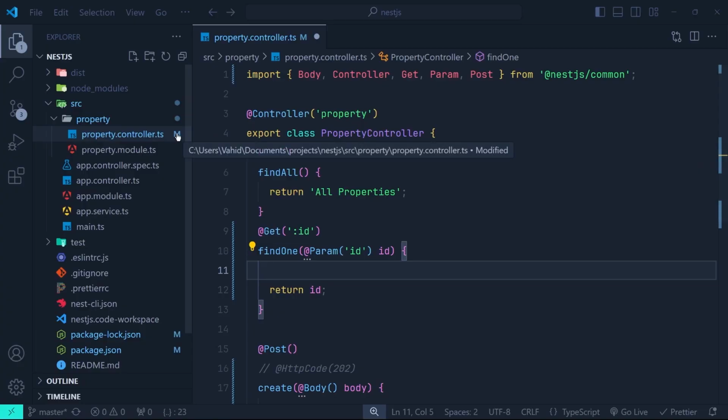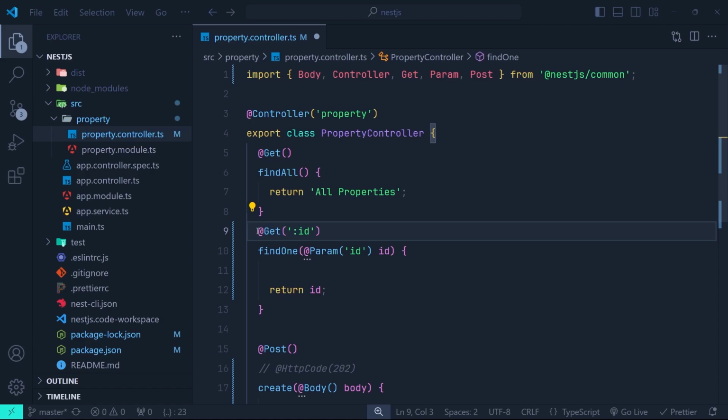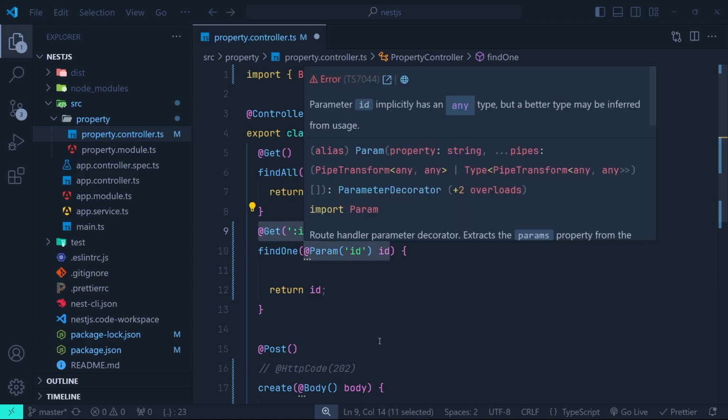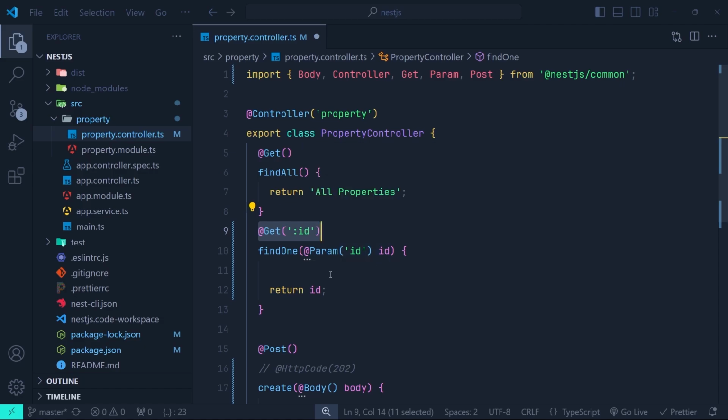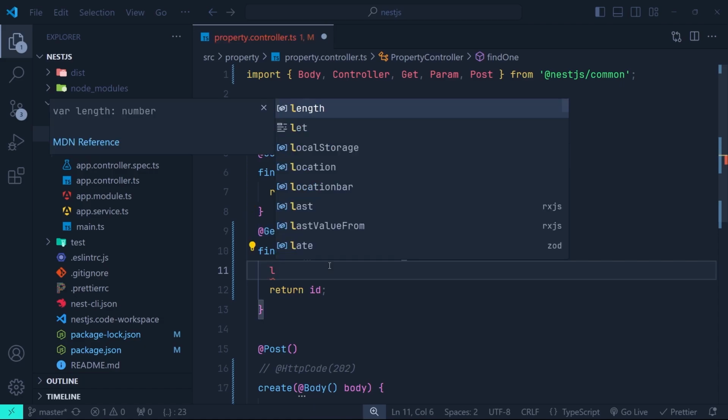So I open up our NestJs project here. We're in the property controller, and here as you can see we have a get endpoint with an ID param. So as you can see here, we just extract the ID from the URL and just return it to the client. If I log the type of the ID,